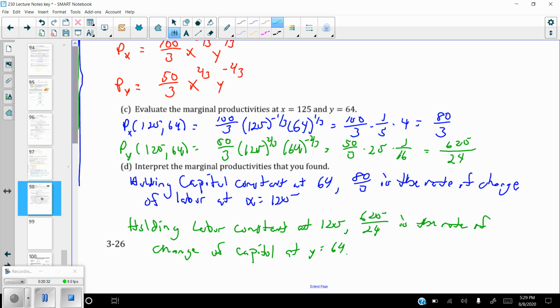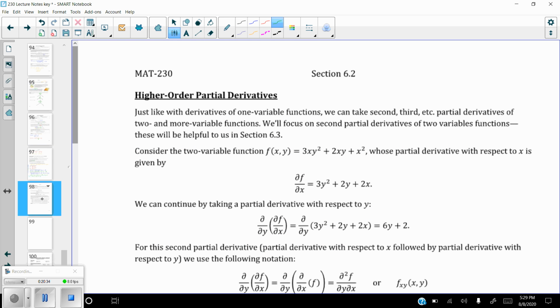All right, and the last thing we have to talk about in this video is higher order partial derivatives, because just like regular derivatives, you can take second derivatives. It's done a little bit differently, and the notation gets a little bit strange, so you've got to be careful. You can take second, third derivatives of partial derivatives of two or more variable functions. We're going to focus on second partial derivatives because that's what's actually going to be helpful to us in our case here. So consider the two variable function that we've dealt with already, our 3xy squared plus 2xy plus x squared,